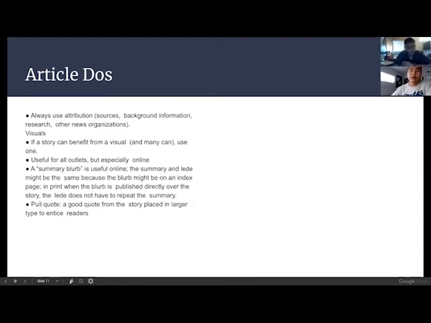There's some other things right here, summary blurb, but what you see is something called